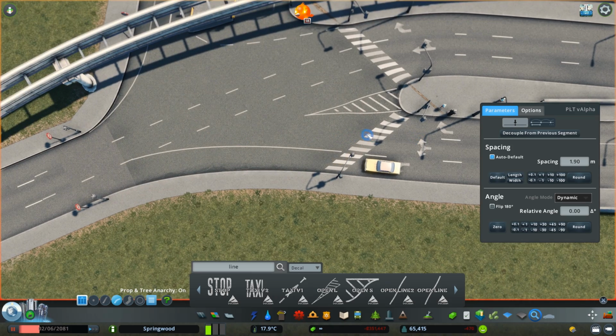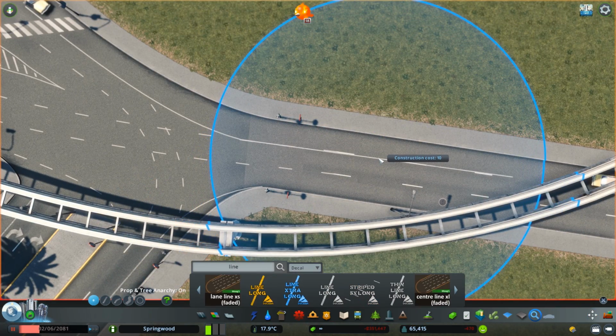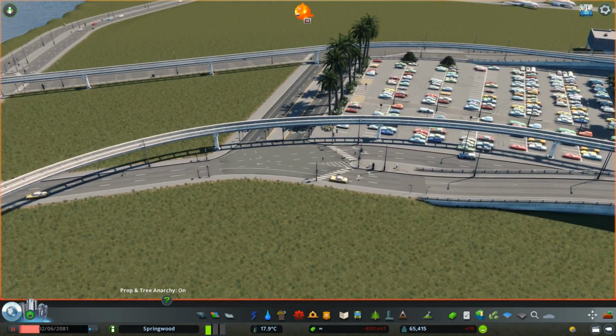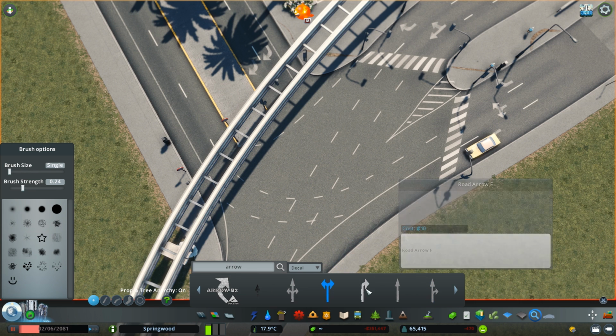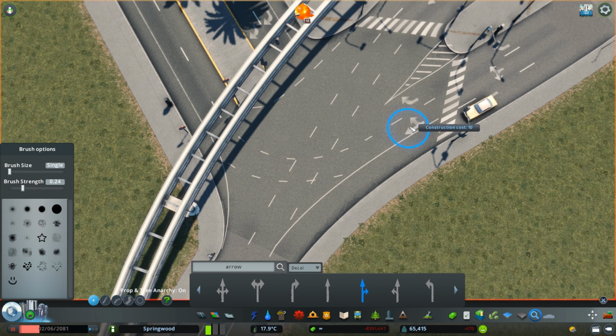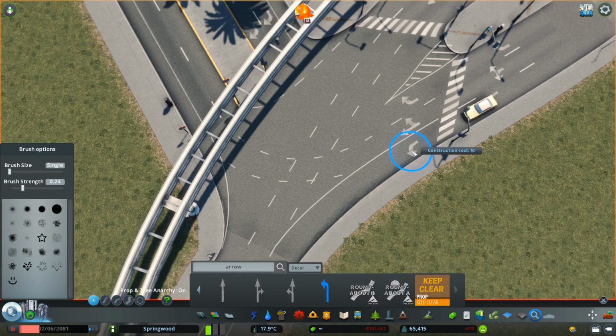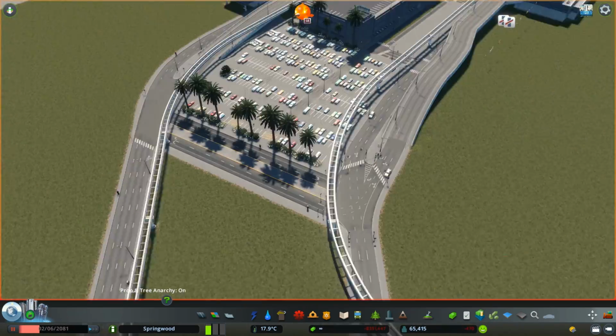Getting back to what I'm doing right now, though, I'm not using Traffic President mods because I use it for other cities that I build. For instance, we use it in Osara, that collaboration I'm doing with Skib. I also use it for my Australian series, but for Springwood, I don't use it. The reason why I don't use it is because